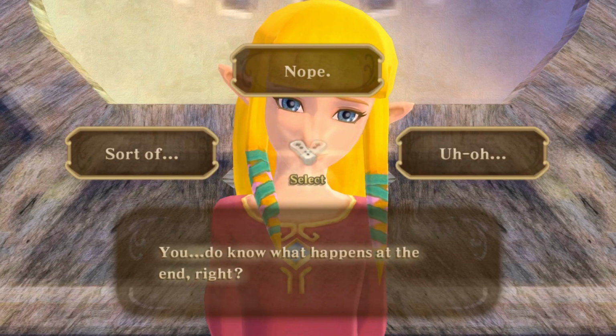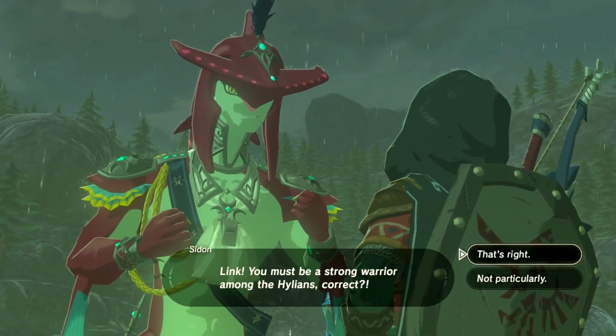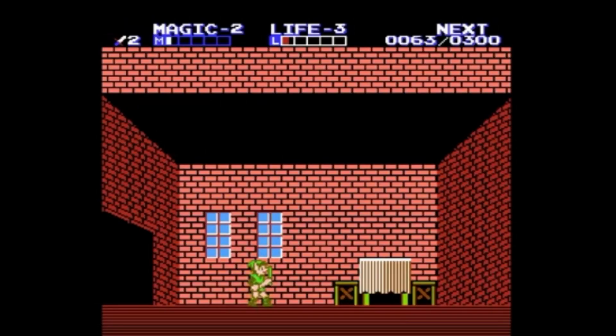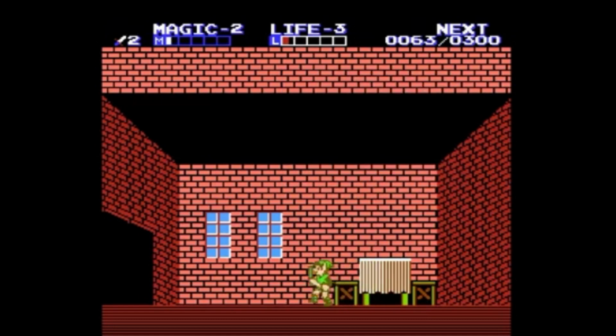However, in Skyward Sword and Breath of the Wild, Link had a lot of different options of what he could say. And in Wind Waker, we actually hear him shout. Come on! In fact, if we go all the way back to Zelda 2: The Adventure of Link, he speaks in that game. He finds a mirror and then proudly announces it to no one because he's in a room by himself.